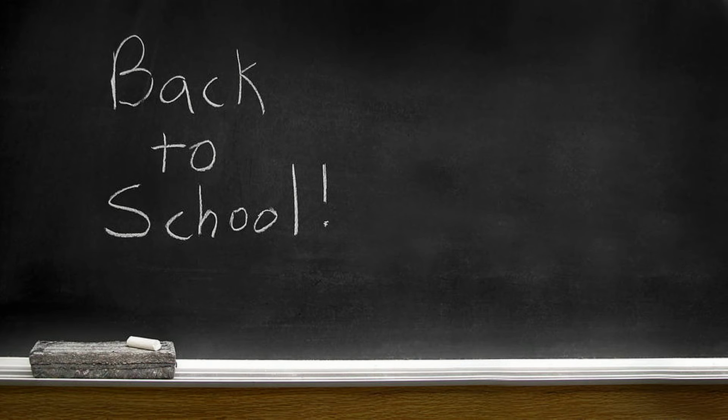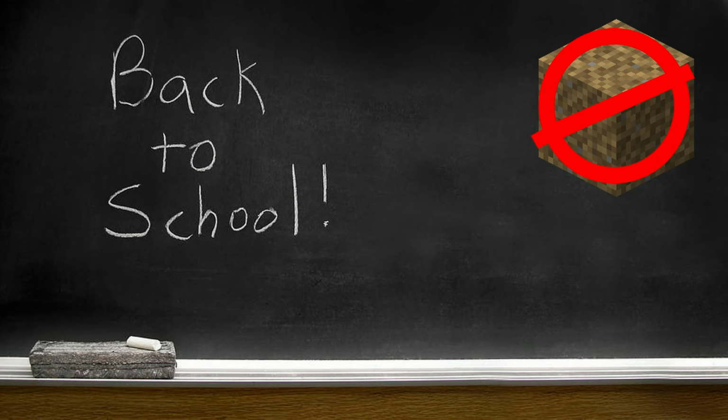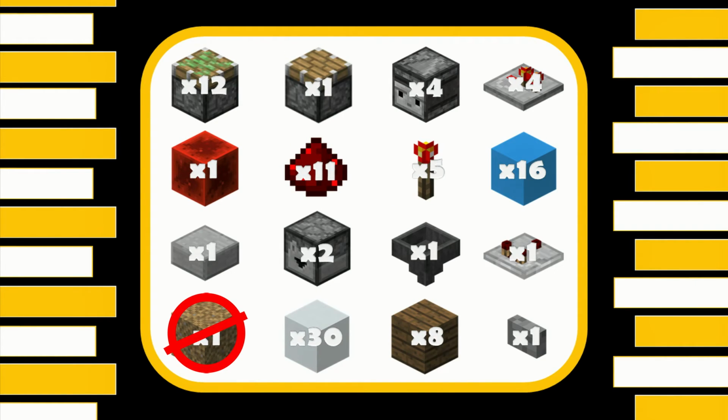Sorry, I made a mistake here. It's not a stackable item. You need a non-stackable item, so do not use a dirt block. That will not work. Actually, in the video, I use a sword, so anything non-stackable, so sword, tools, things like that, that will all work. So, sorry about that. 30 blocks for your wall and inside the staircase, 8 blocks for your ceiling and flooring,